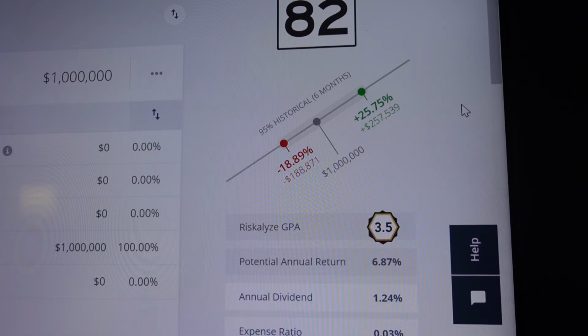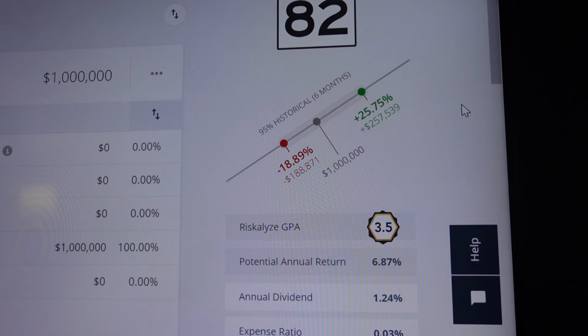And this is still pretty volatile. If you have a $1 million portfolio in retirement and you need to be pulling money off of your account every single month, or maybe you just take it out once a year, and let's say timing is bad for you and you get unlucky and the market's down 19%, well, you still got to pull that money out. You'll be selling your stocks, you'll be selling your fund while everything's down at a discount. And so to me, this is still a little bit too risky, a little bit too volatile for someone in retirement. Now, that's not always the case for everyone, but this is still pretty volatile.